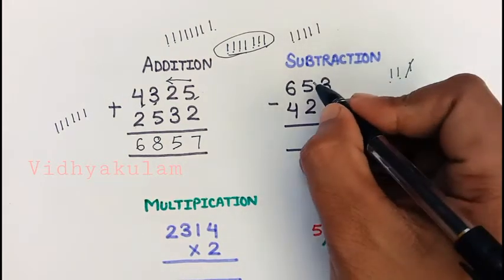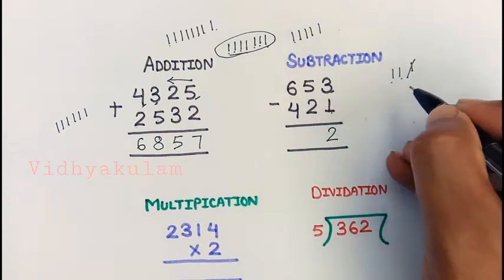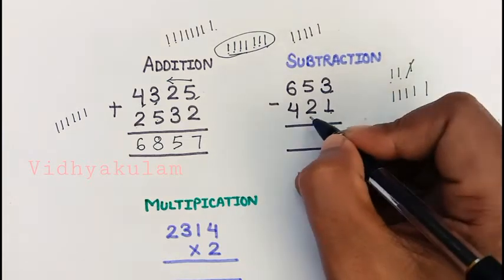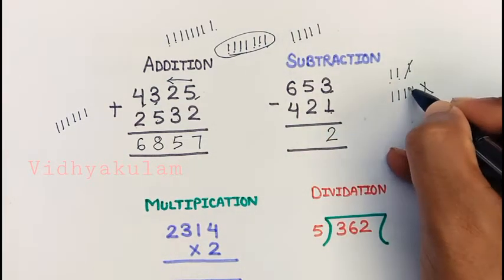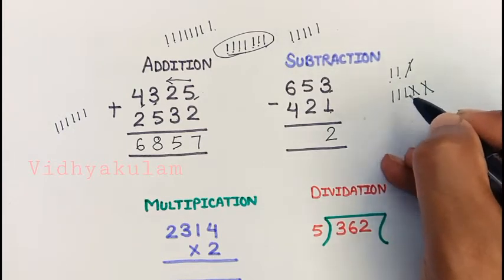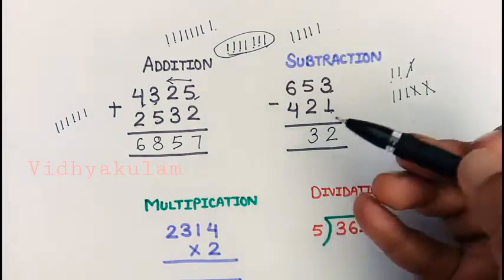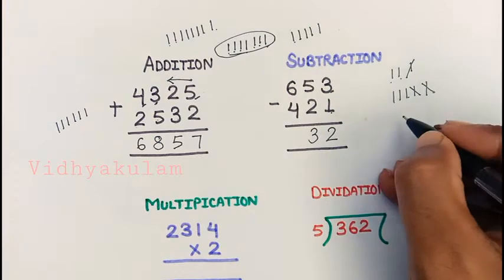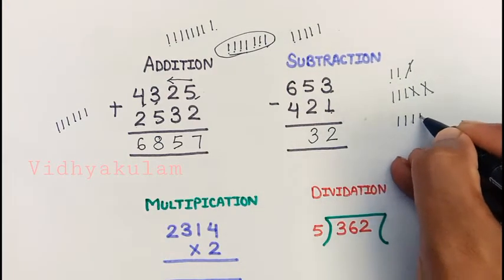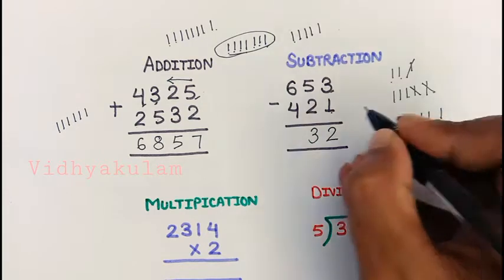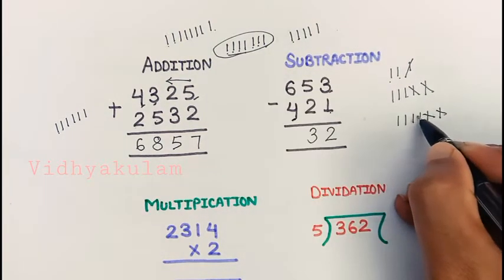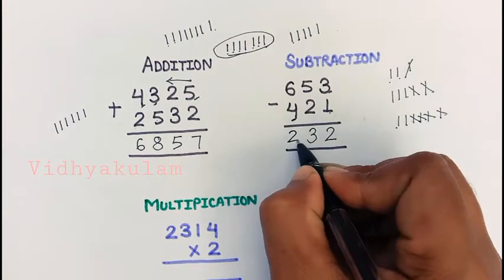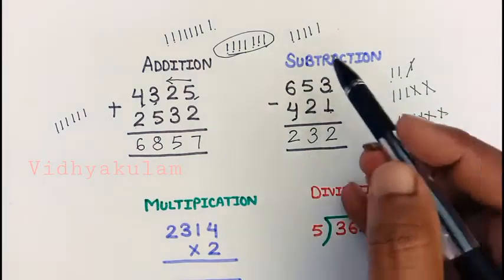Similarly, subtract 2 from 5. First of all, we will draw 5 lines: 1, 2, 3, 4 and 5. After that, remove or reduce 2 lines: 1, 2. Count them: 1, 2 and 3. So here we will write 3. Okay. Now the last one is subtract 4 from 6. First we will draw 6 lines: 1, 2, 3, 4, 5 and 6. And cut 4 lines: 1, 2, 3 and 4. Count them: 1, 2. Here we will write 2. In this way we can easily solve subtraction problems.